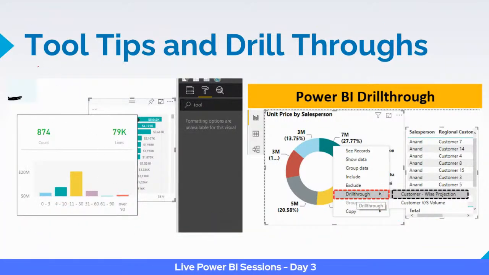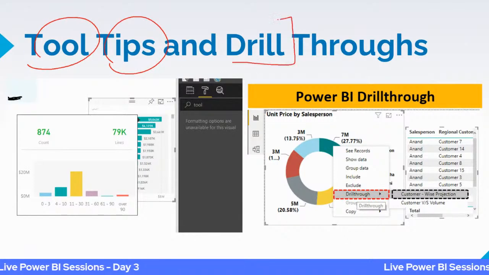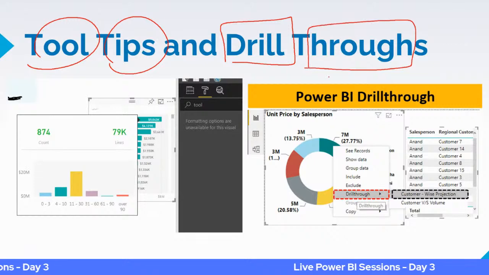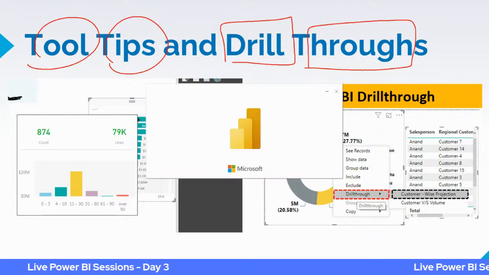Okay, so this is all about tooltips. Now we will be learning how to create tooltips. Similarly with drill throughs also, I will tell you how drill throughs work. Okay, so we'll quickly jump into the practicals part, Power BI desktop, and